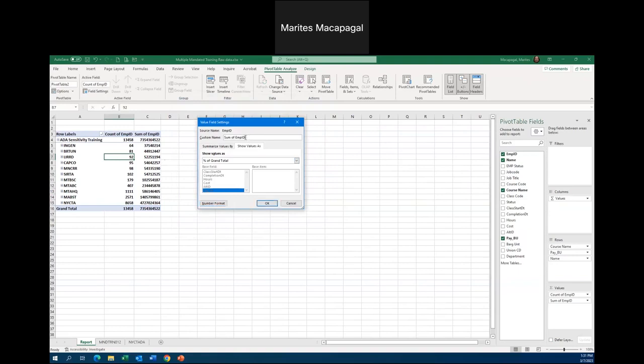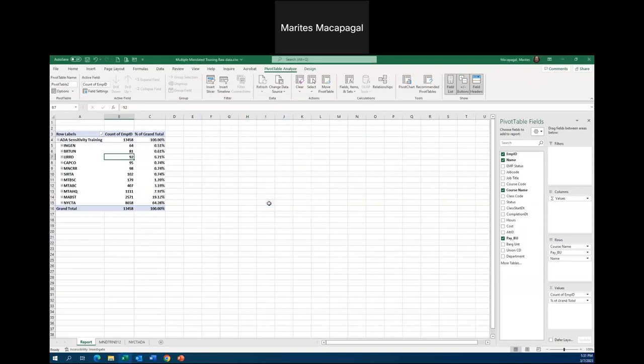And in here, I could rename this and call it how I would like to generate it. I would say percent of grand total. Oops, sorry, I will turn off my percent of grand total. And all I have to do is click OK. And there you go. You have the percentage based on the grand total. Each agency gives the representation of its portion based on the grand total. So now,